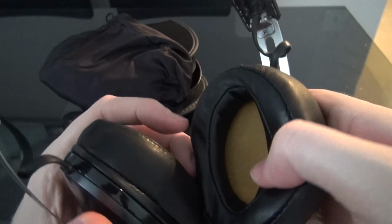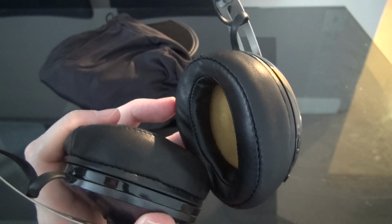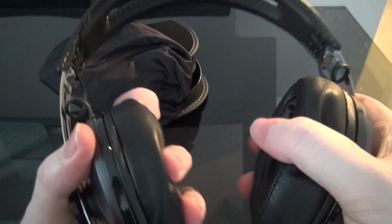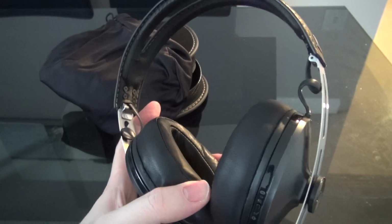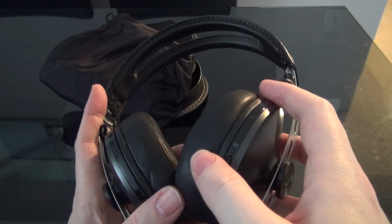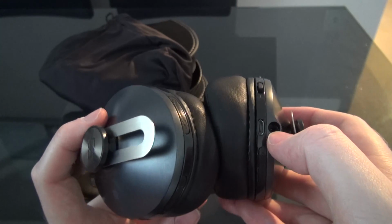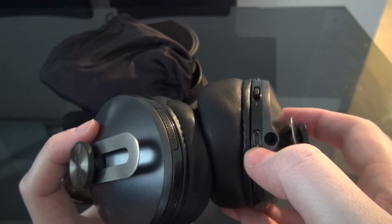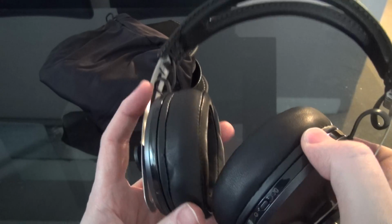These are so comfy, so ridiculously comfy. They are memory foam, and they're just so good. I mean, okay, you still sweat when you have them on, don't get me wrong, but not as much as you could do. There's not much else to talk about on the outside. You've just got your ports here, so your socket for your 2.5mm jack and your micro USB. Now the battery in here actually lasts 18 to 22 hours, which is just fantastic, much better than my wife's